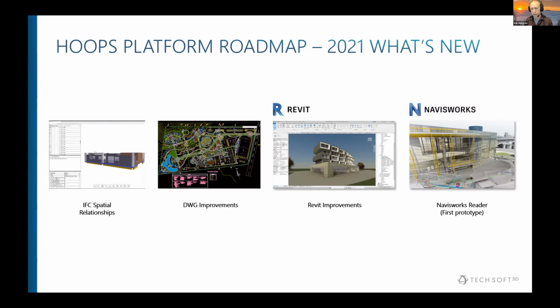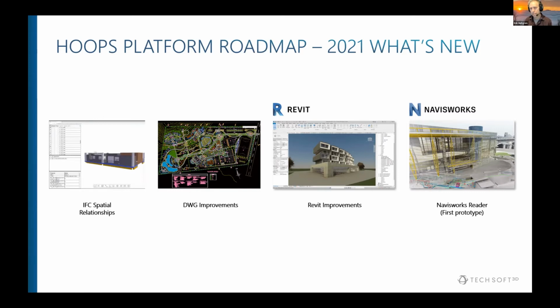We added this inside Exchange. It's been added to Communicator. We have APIs and visual components to be able to get this information. And you'll see we will be adding it to Visualize, but it didn't quite make it in. We also made significant improvements to our support for DWG and Revit. These are two absolutely critical file formats. So we wanted to make sure that you got best performance, the metadata you needed, and that in the case of drawings, everything gets displayed correctly.